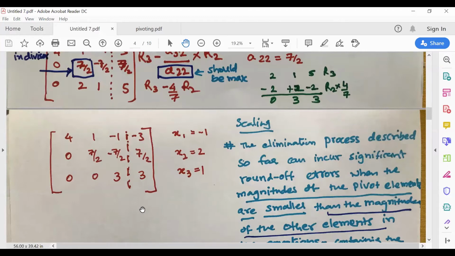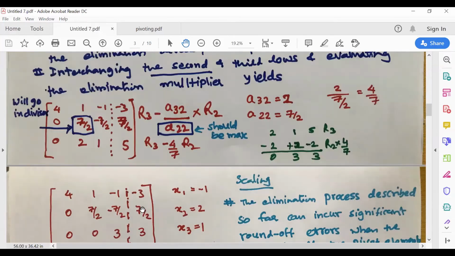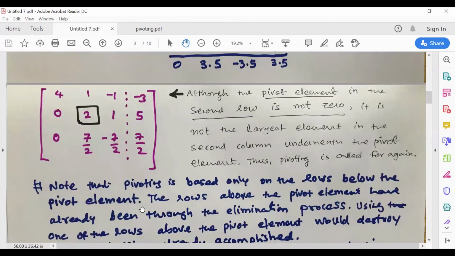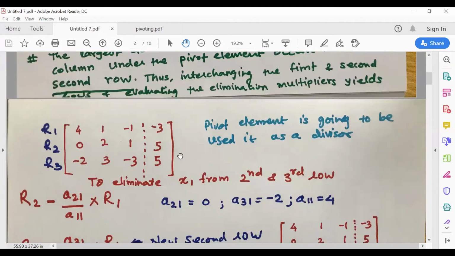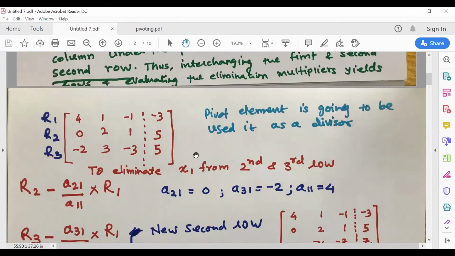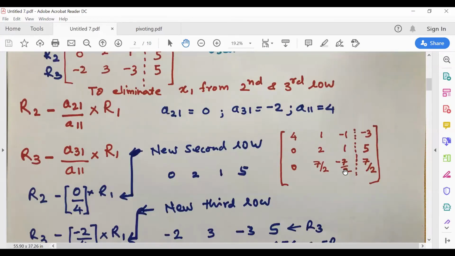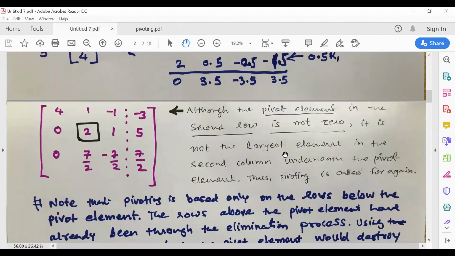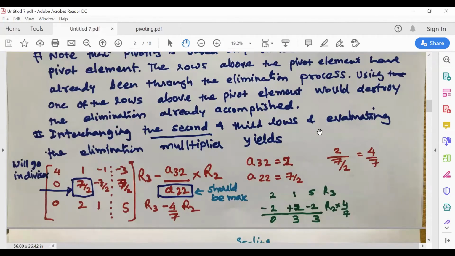So perform elimination by observing the numbers below the pivot element. That will help you. So when you do it the second time, suppose a 4 by 4 matrix is there, that time also you have to observe what is below, like this second and first, and in the first column you have to observe the numbers. Second time you observe, forget about the first row, because we have already used the first row for the elimination purpose. Later on, we are not going to use the first row, that is already used.